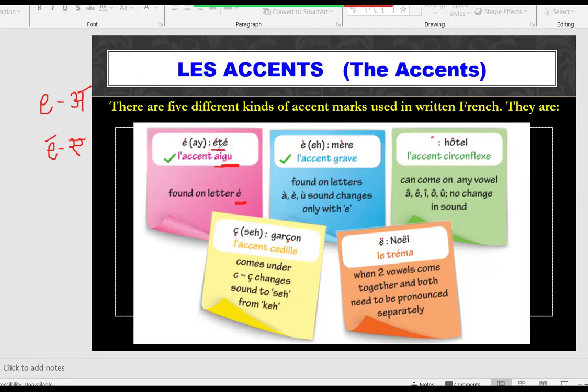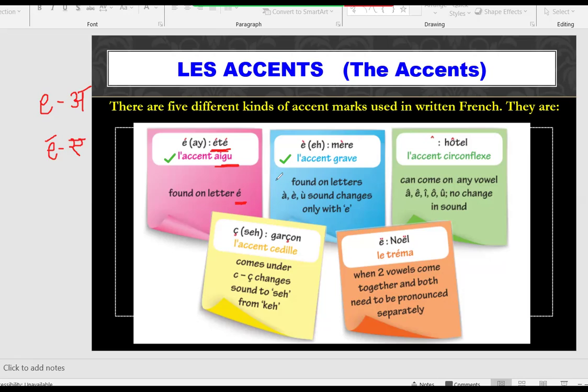So for example, how do we read this word? Can you try reading this word which I have just underlined? Yeah, very good. है ना? Because on both the E's we have an accent. Very good. Now the second accent, which is called accent grave,